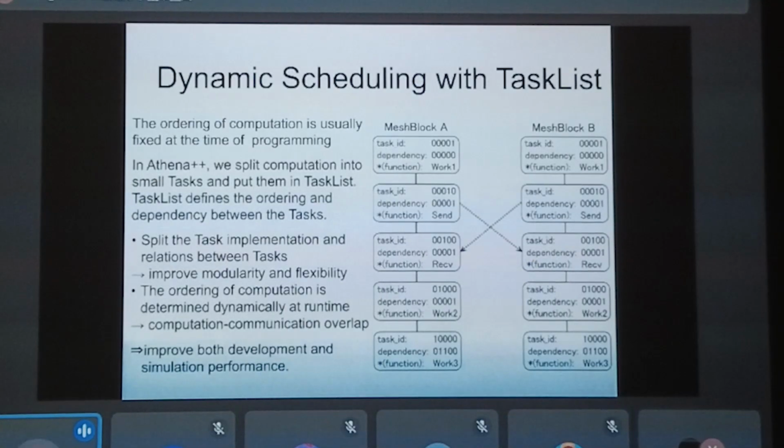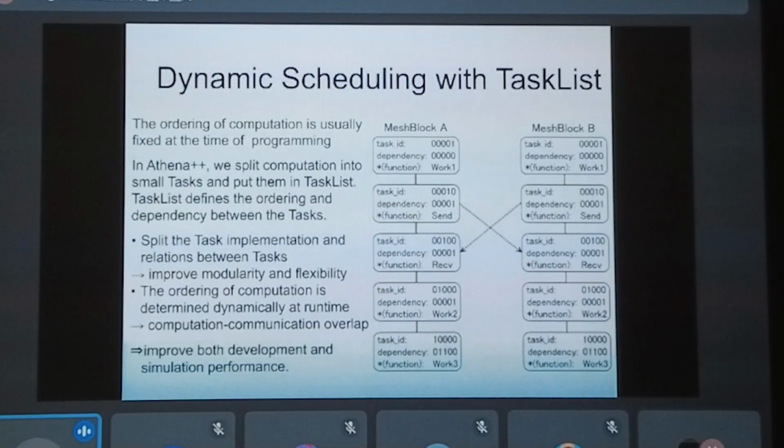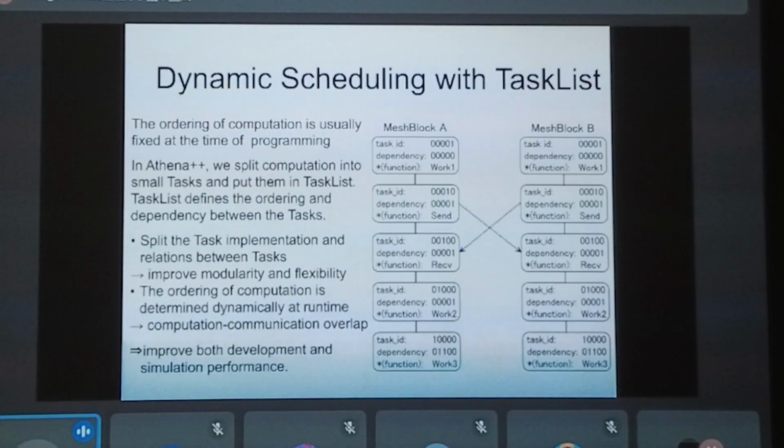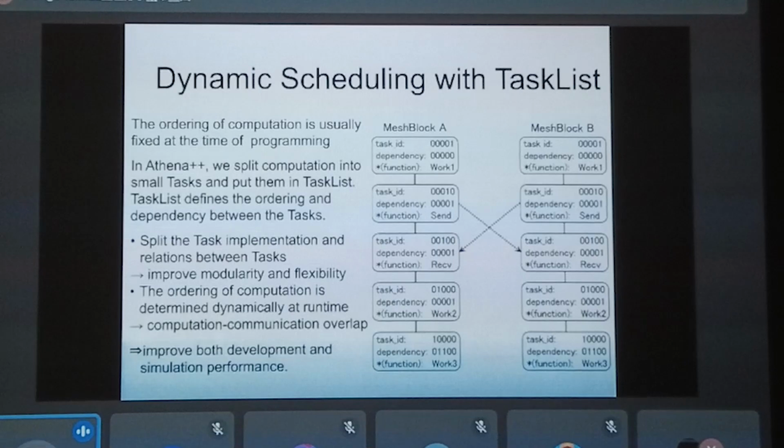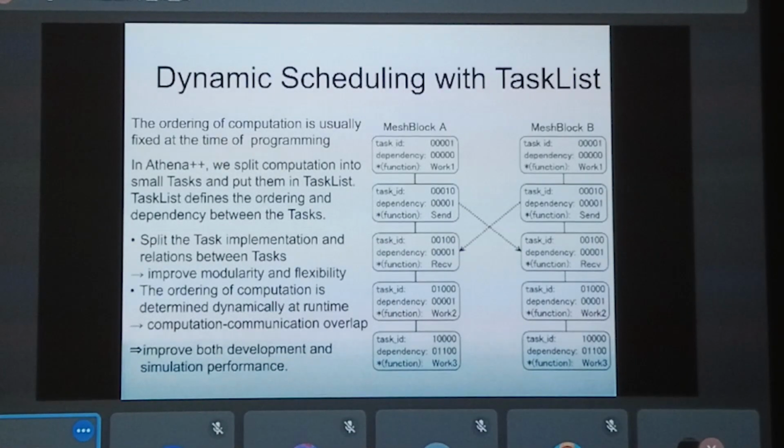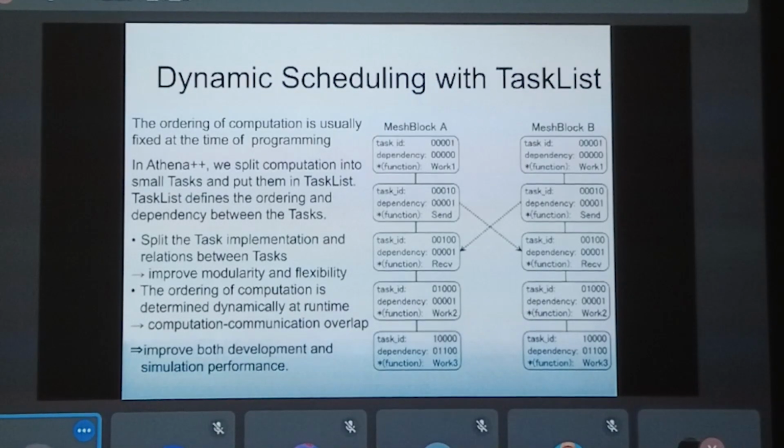So like first we calculate the fluxes between the cells, and then we transfer these fluxes to the neighbor nodes, and so this is communication. And then we have to wait for this communication message arrival, and then we update the hydrodynamic values using these fluxes, like that.